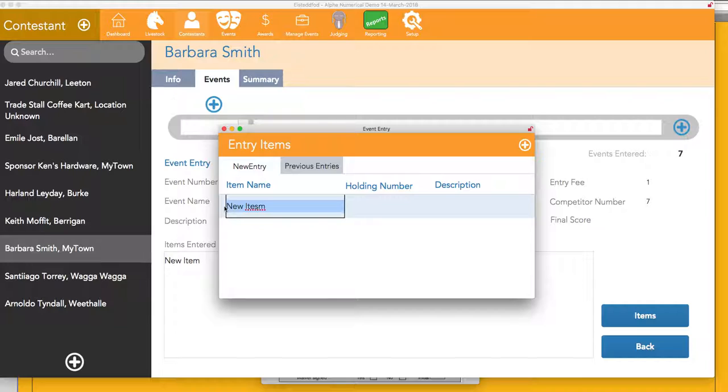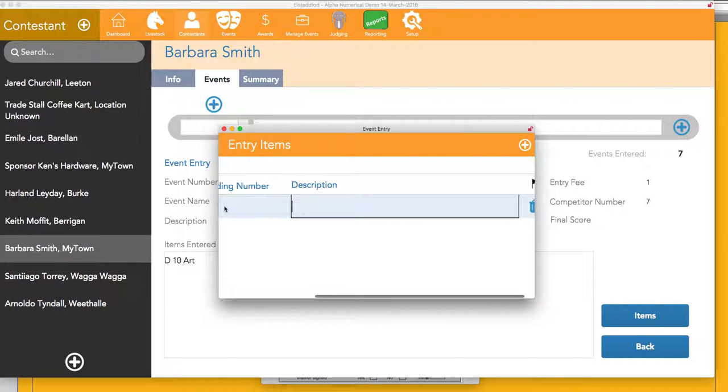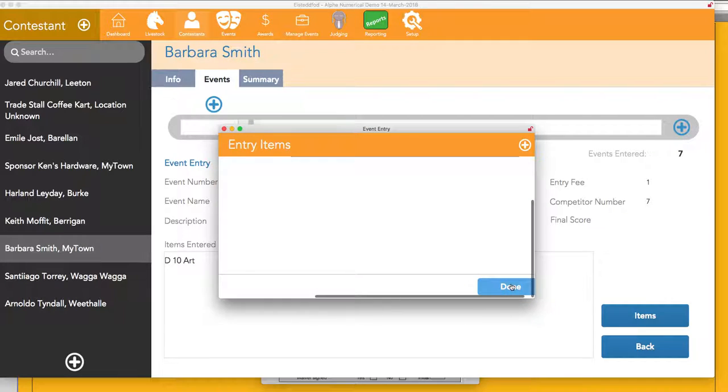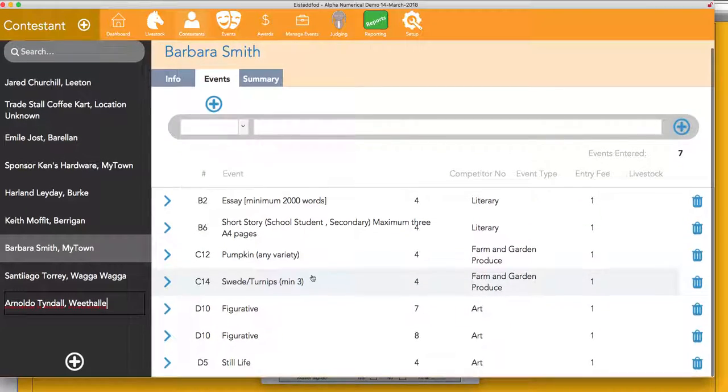So in other words, we've got D10 art. I think she's holding number 8, and the description is drawing nude male. Okay, so by doing that and then just clicking the done button,